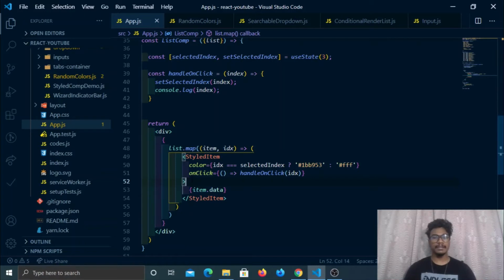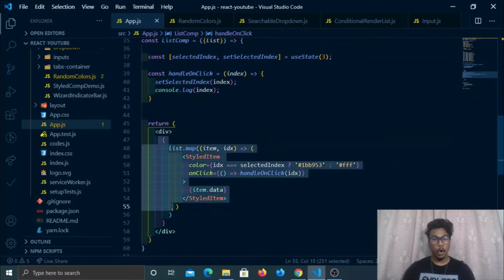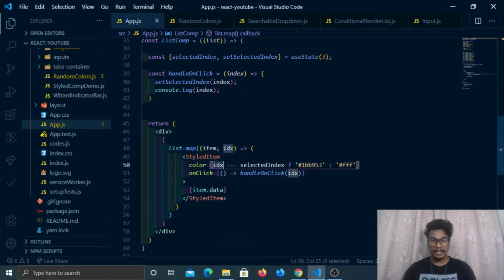But the thing is, React will re-render based on a state change or a prop change or any reference change. So this is a state, right? So if there is a state change, React will render this whole loop all over again. So that's the reason why selected index will be holding some value. As of now, what is it holding? 2. Then this whole thing will be re-rendered and this condition will be executed again.